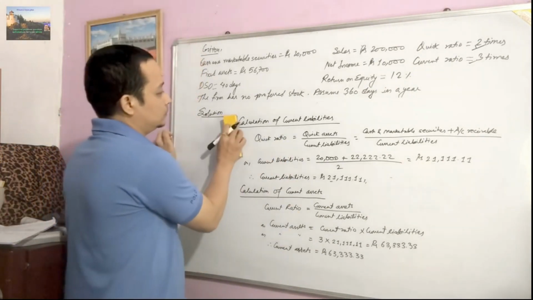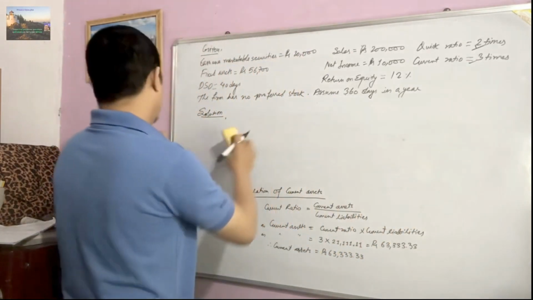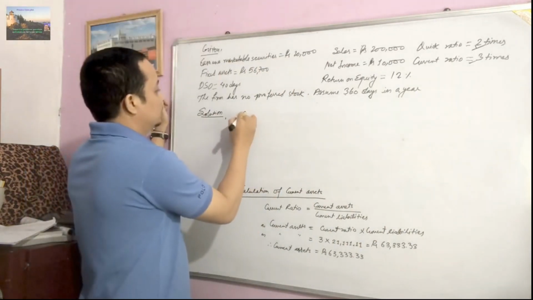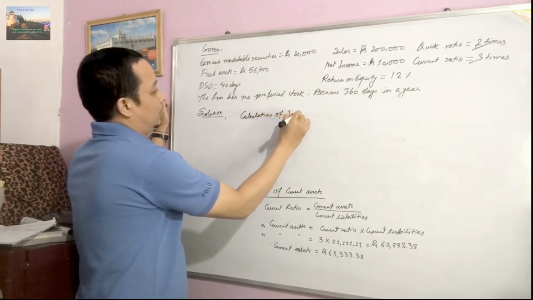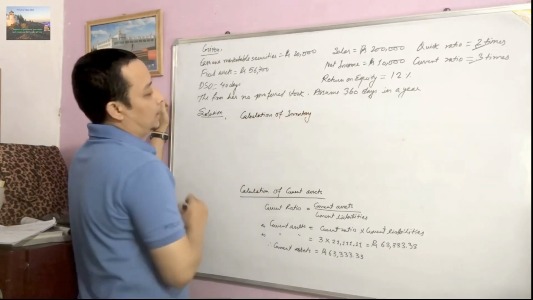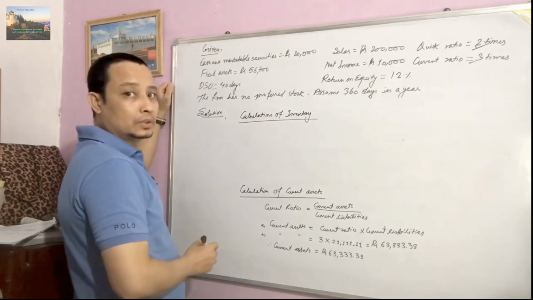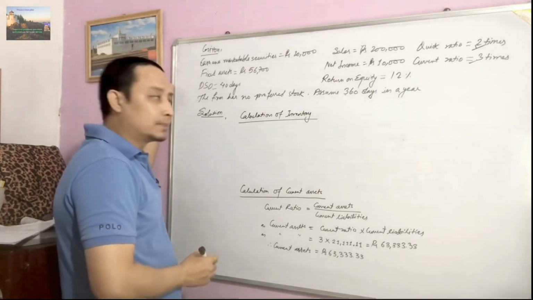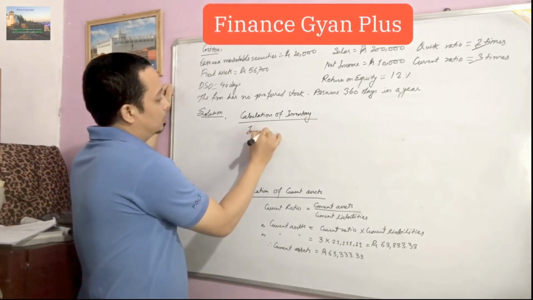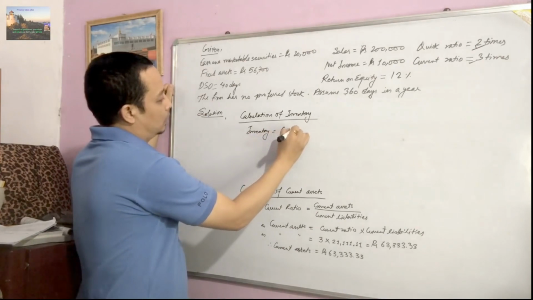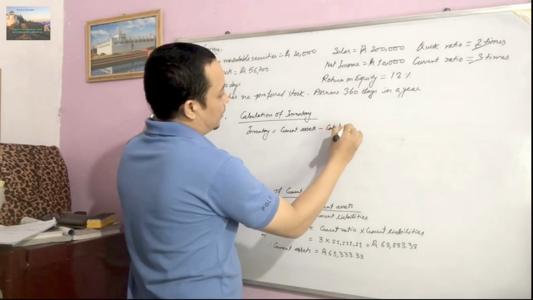So let's find inventory. Calculation of inventory. For inventory, you can use current asset, cash and marketable securities, and account receivable. So here inventory equals current assets minus cash and marketable